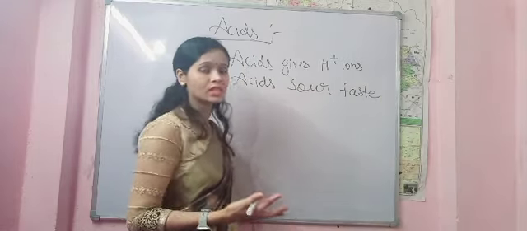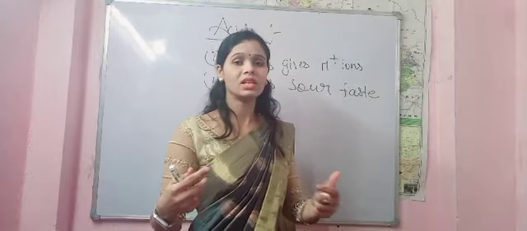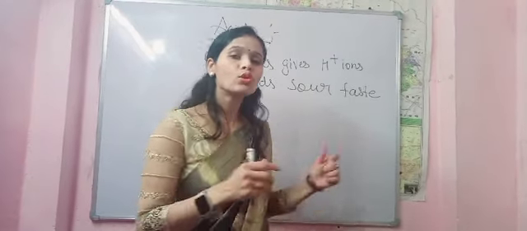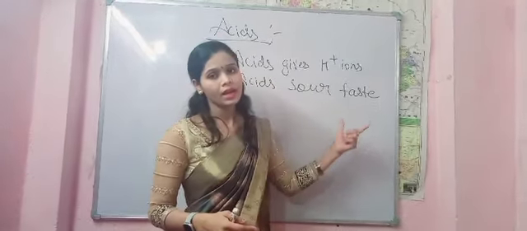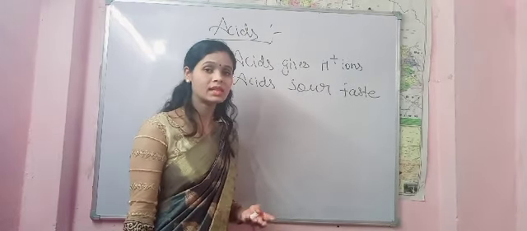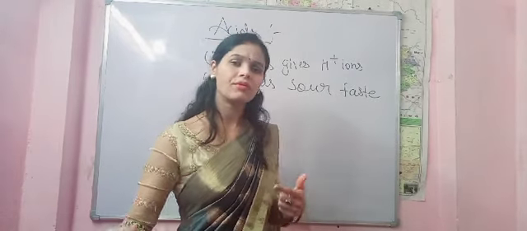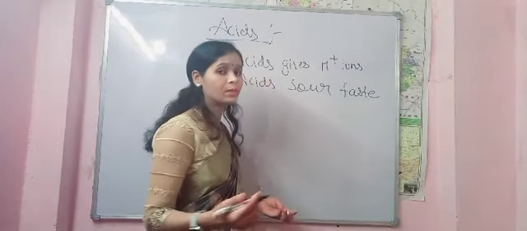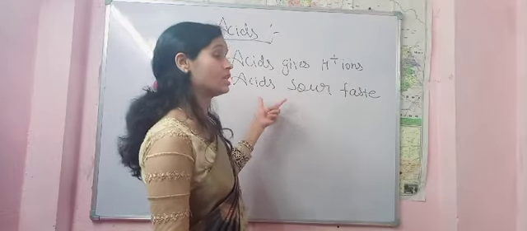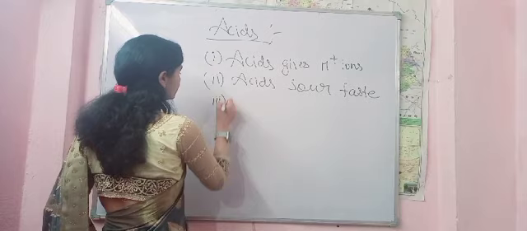They have a sour taste. Any substance which is very sour is an acidic substance, such as lemon. For example, in our houses we have lemon. We have already tested it. So lemons have an acidic nature because the taste is sour. Third is